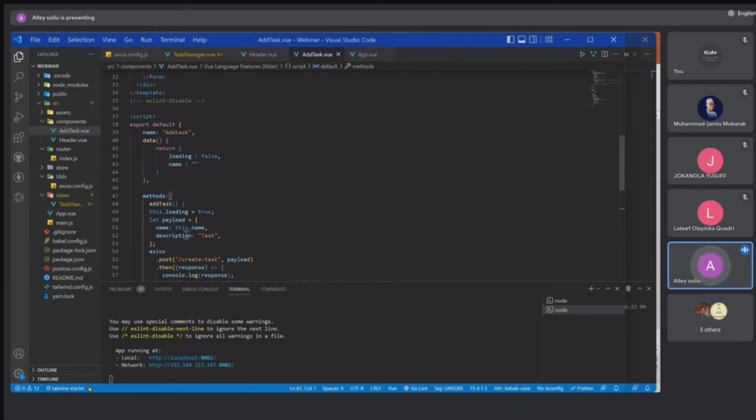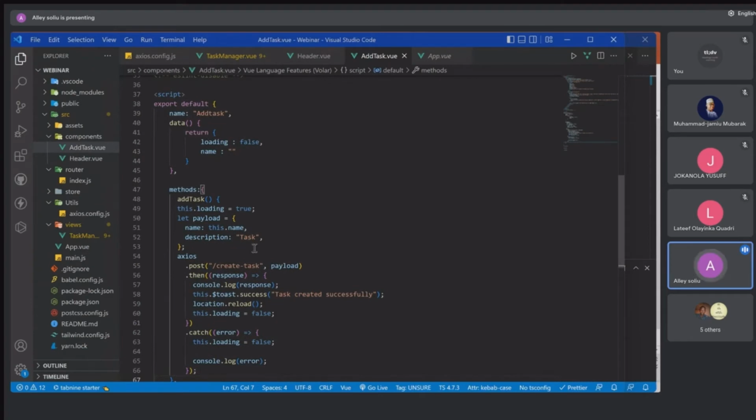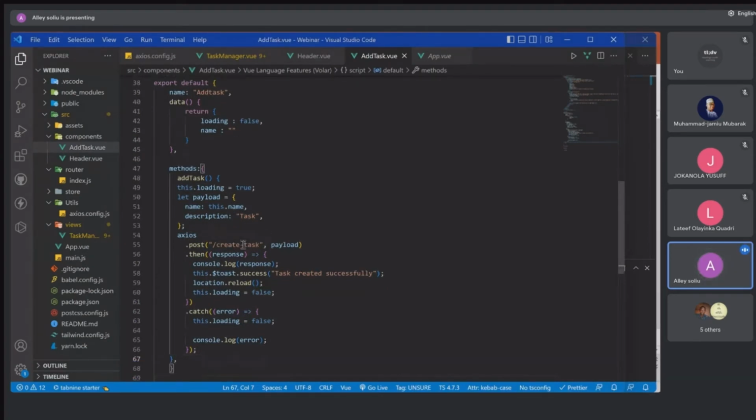So we can see here that we are attaching our name to this.name. This.name, as I've said the other time, is coming from the data that we have here. Then our description is just what I said, it is static. So that is what we are passing into